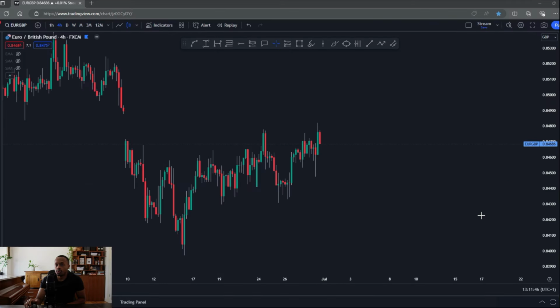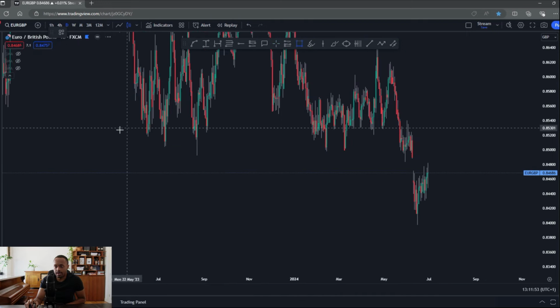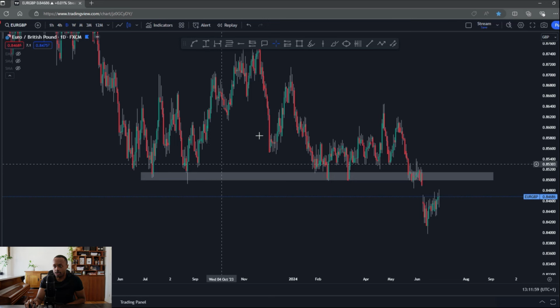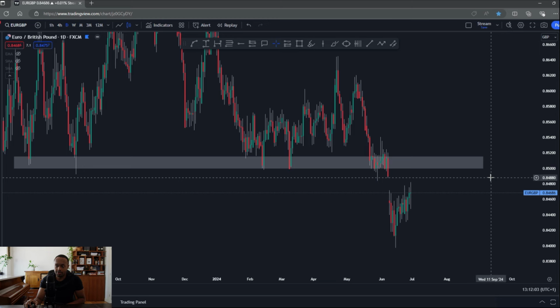Okay, so over to Euro Pound. The bearish bias still stands. Looking for more downside. I'm looking for a retest of 0.85 first, and hopefully some continuation after that. As we can see, really powerful level of support, big rejections from this area. Since then, a big strong breakout to the downside, so naturally looking for the retest of that same zone for the